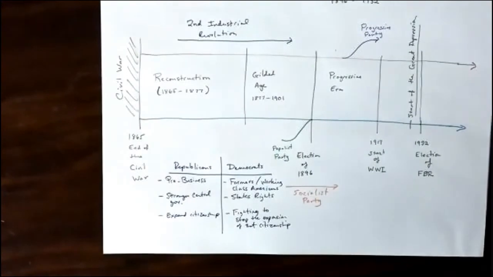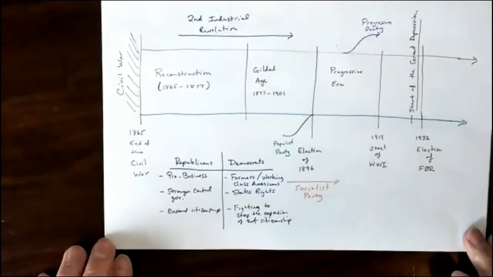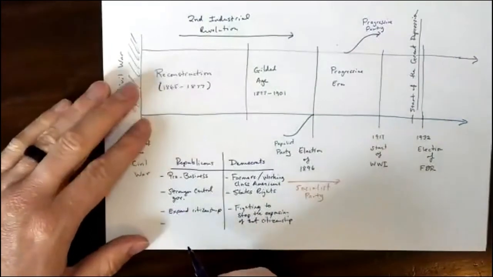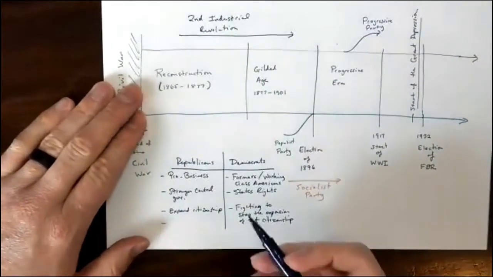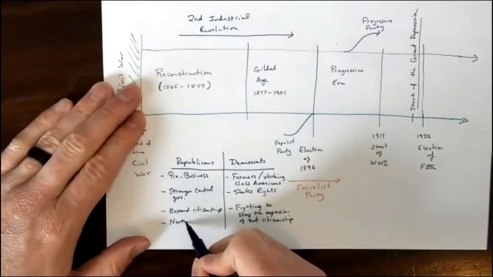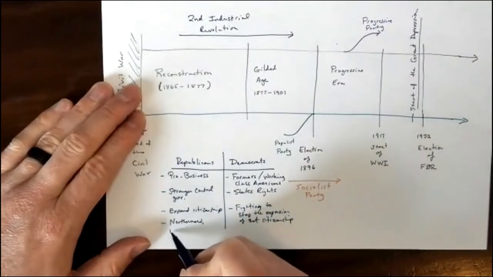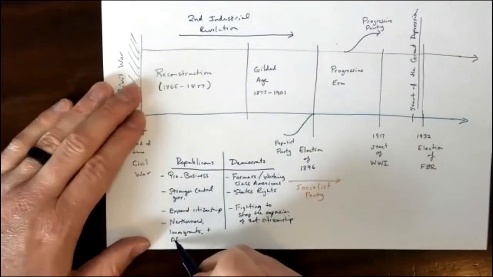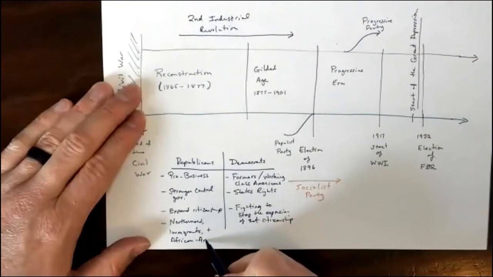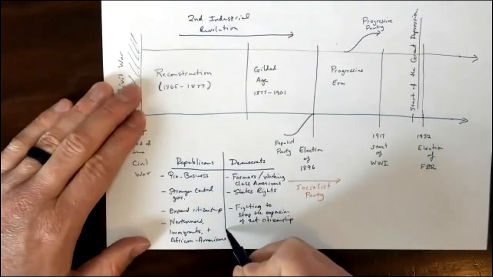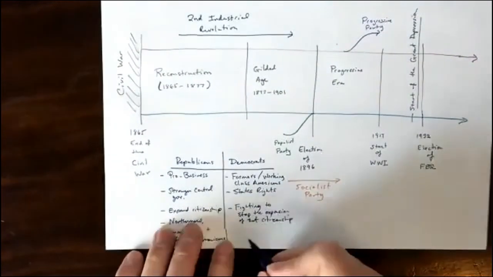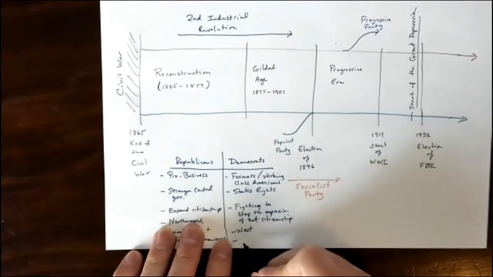Now, who supports which of these different groups? That's something for us to keep in mind. So the Republicans at this time period would have been mainly Northerners, immigrants, and African Americans. At this time period, Democrats are more likely to be in the West, and also, and this is an important